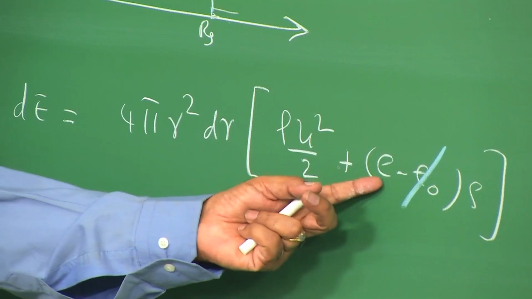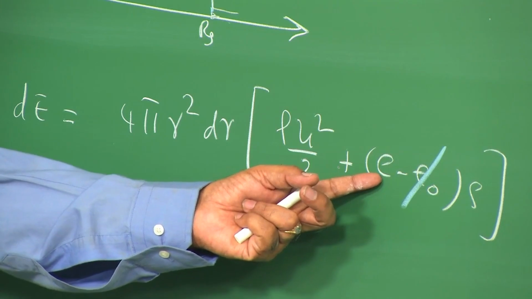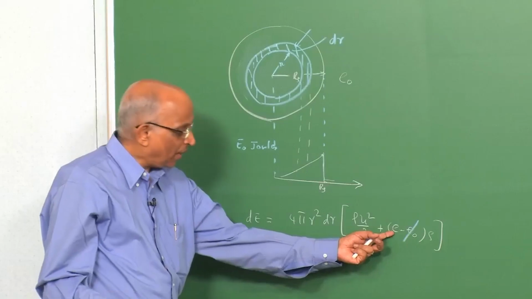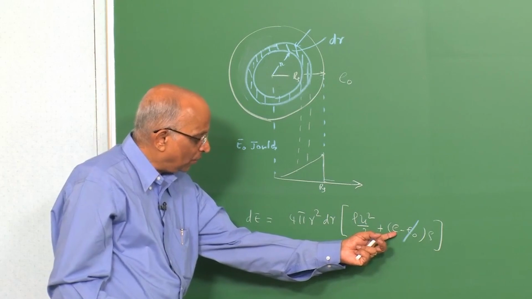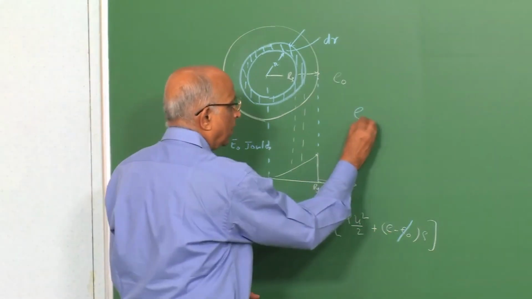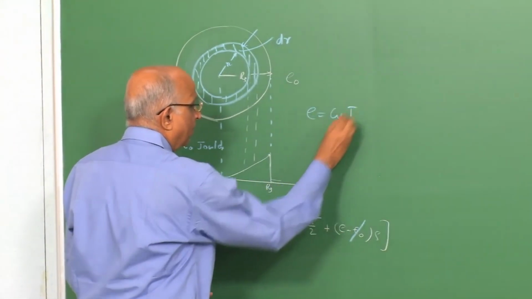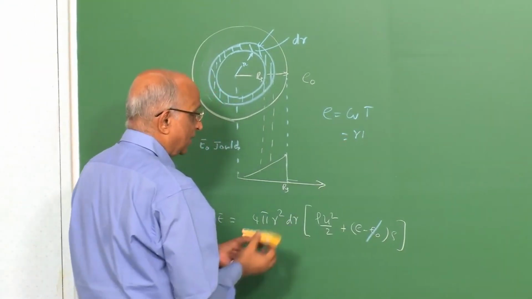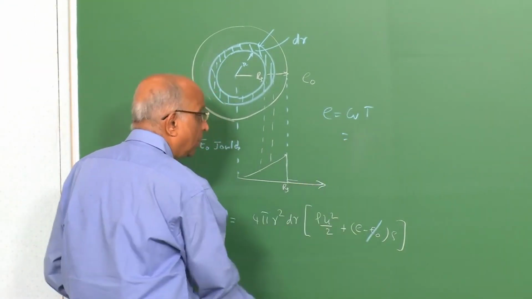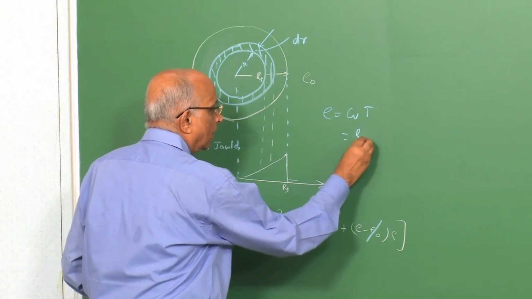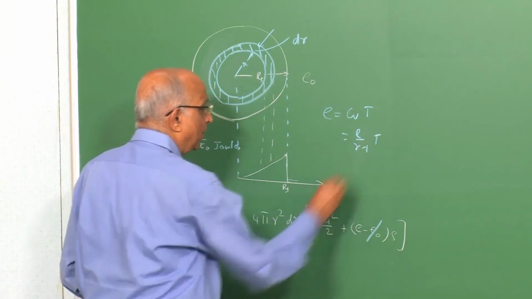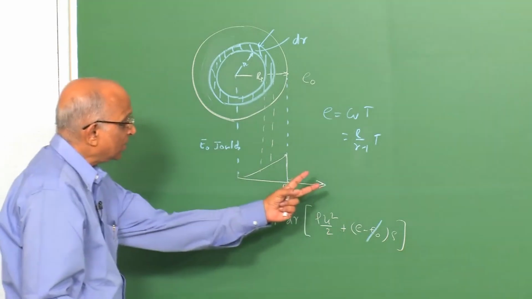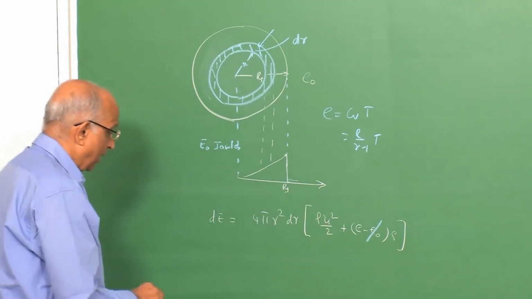We wrote E is equal to CvT, Cp minus Cv is R, and therefore, Cv could be written as R, that is the specific gas constant, divided by gamma minus 1, into T. RT is equal to P by rho, and therefore, this equation became dE